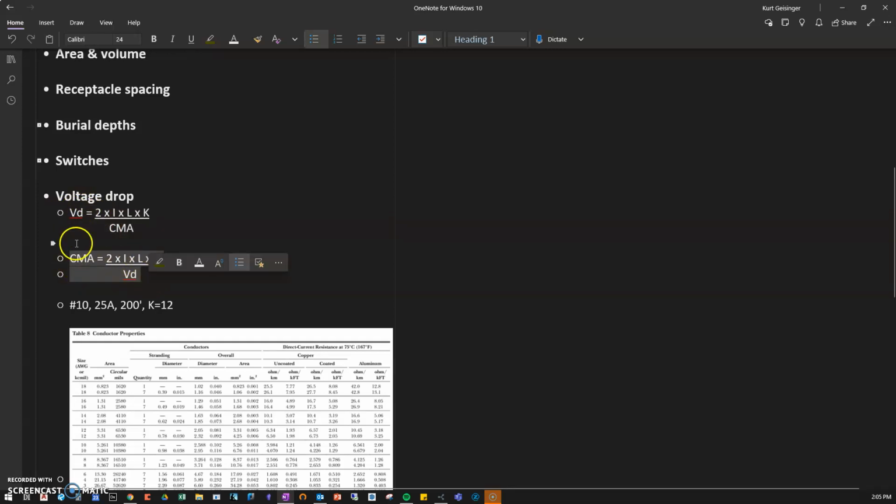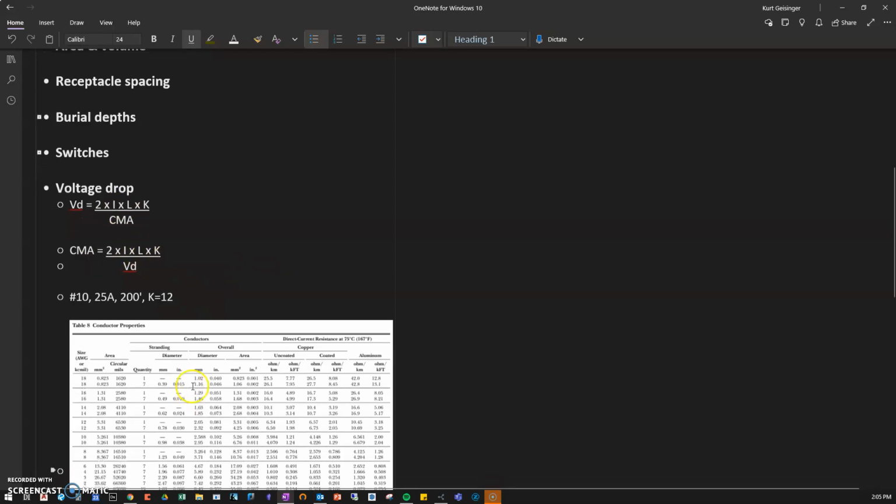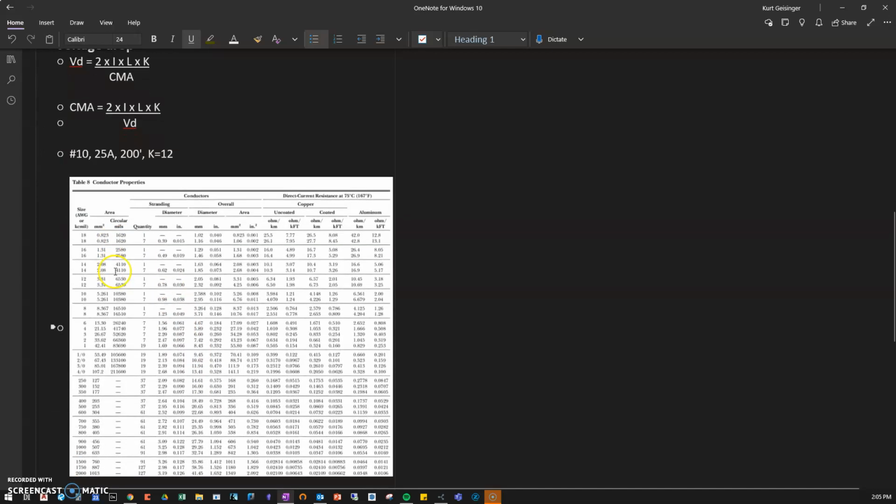If we want to know what size wire to run to maintain a certain voltage drop, so the wire size is unknown, we're going to use this formula where CMA is on the left of the equal sign. Again, CMA, circular mill area, another way to say wire size. Aside from those 2 formulas, we also need to know